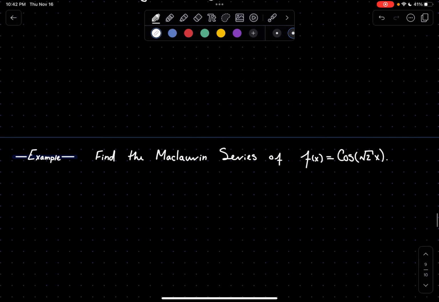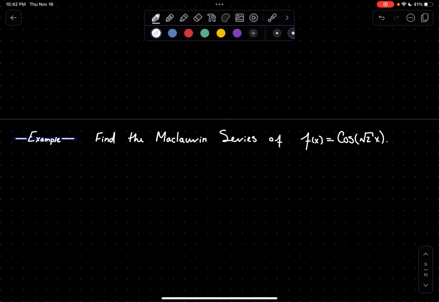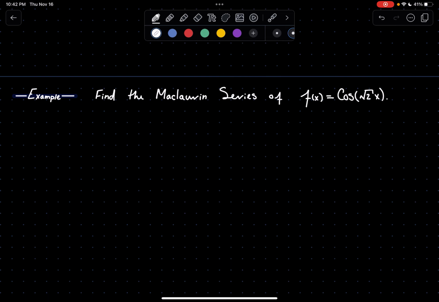So let's try a little bit of a harder example. I'll show you the harder way to do it, and then I'll show you the easier way to do it if you know your Taylor and Maclaurin series well enough off the top of your head, right? So we want, again, and I believe this is not our last example. I have two more, or this and another example. We want